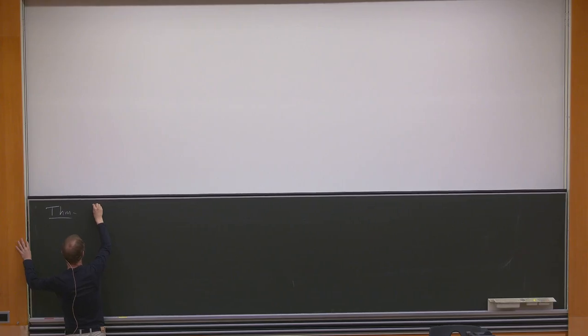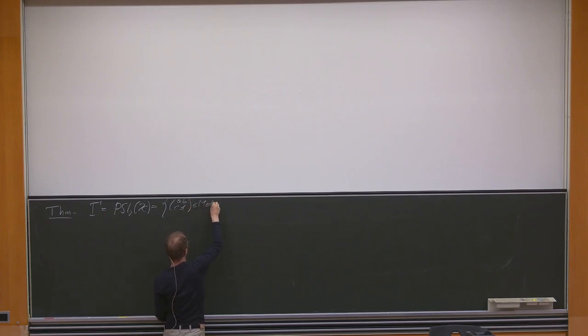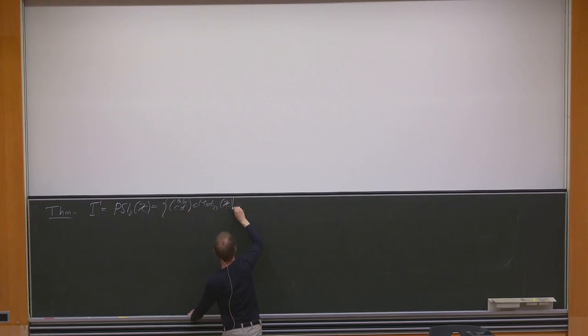If we take gamma equals PSL2Z, which is the group of all A, B, C, D in Mat 2 of Z, so the A, B, C, D are integers, determinant is equal to 1, and we consider all of that mod plus minus the identity, that's the P in front,